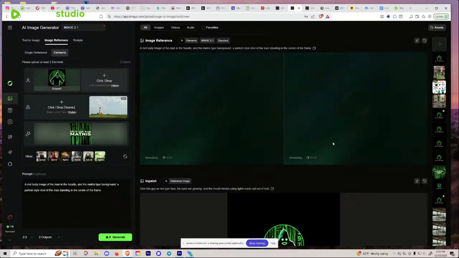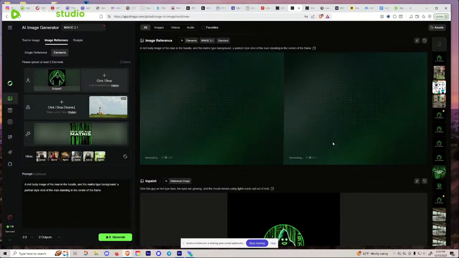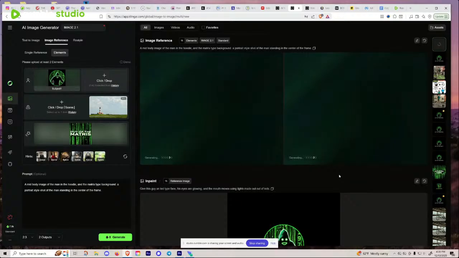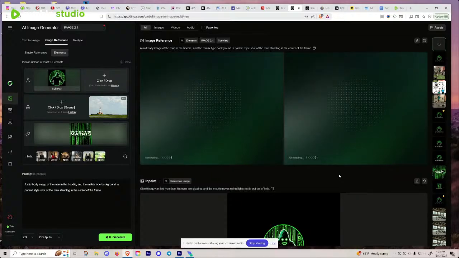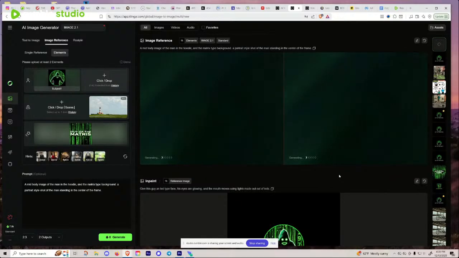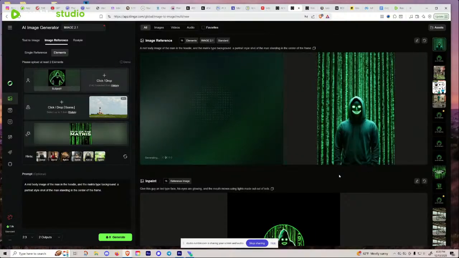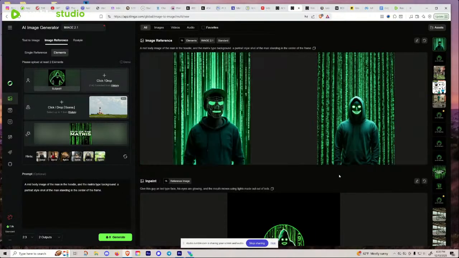Because it's images, it shouldn't take too long. If it's a video, it can take a little longer if you're using the free plan. If you're using the premium plan, your paid subscriber, it renders it quickly because you're paying for this rendering space. So, okay, there's 1. There's 2. So let's see. Interesting.